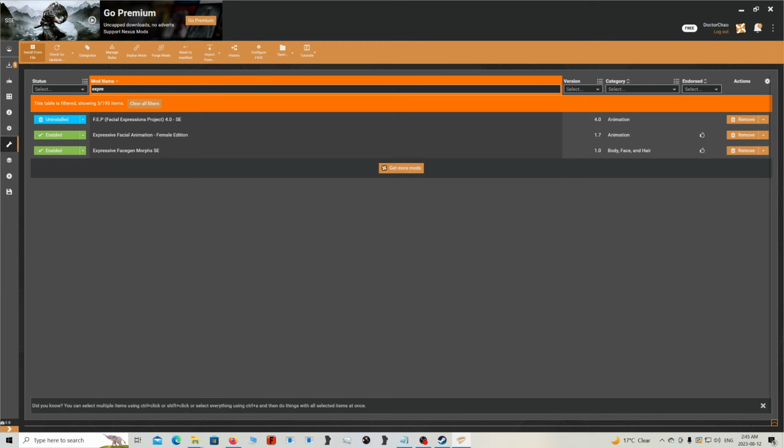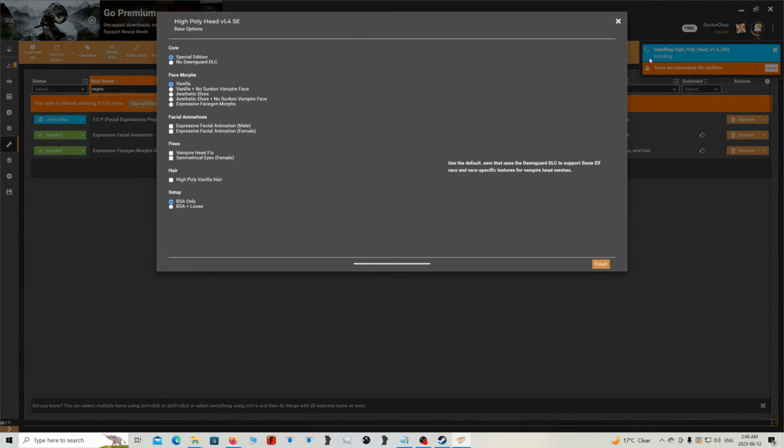And here we are. We're inside the non-Nexus mod file 2 that we made. And here's our high poly head. You're just going to click on that and then hit open. And as you can see, it's deploying. And here we go. Mod is installed like as if Nexus installed it for you, or added it to Vortex